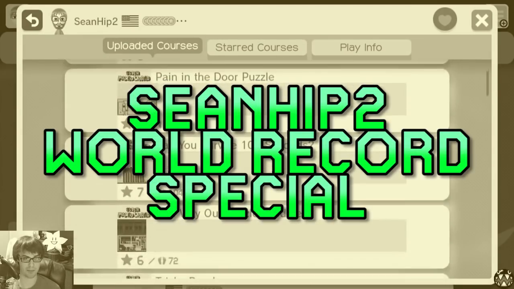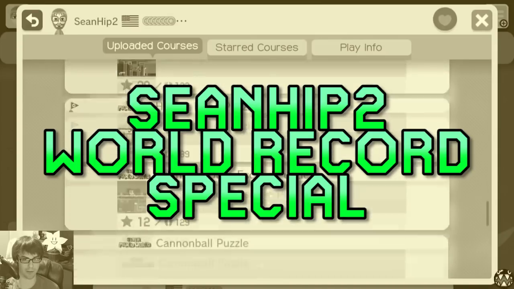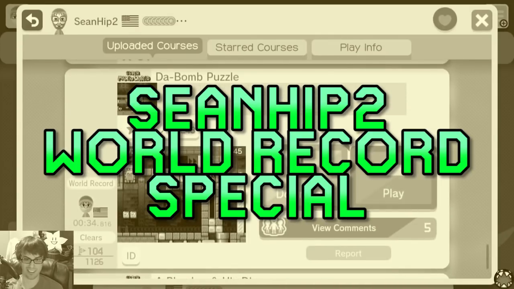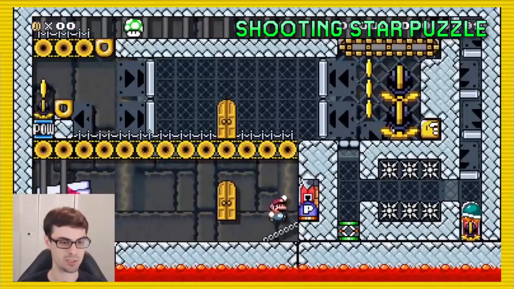This guy, Sean Hip 2, I played some of his puzzles a while ago, and I honestly forgot to come back to play more of them. Starting from his first one-screen puzzle, let's go. We're gonna start at the beginning. Puzzling good. World Wiggered. So right off the start here, I'm gonna do a P-switch jump and then go in